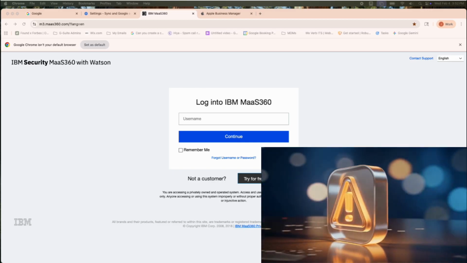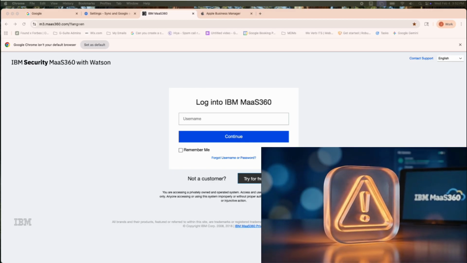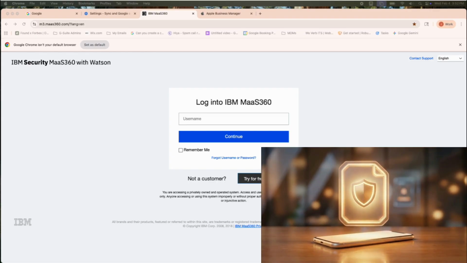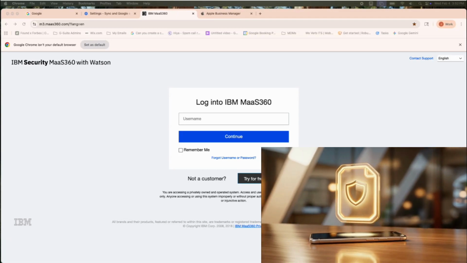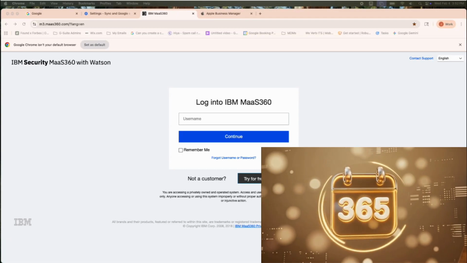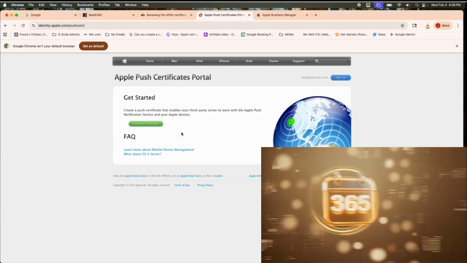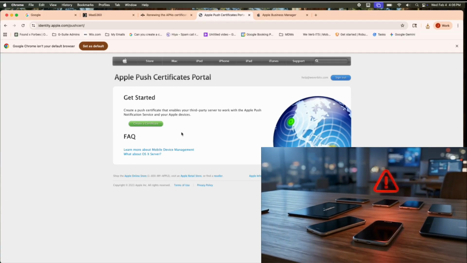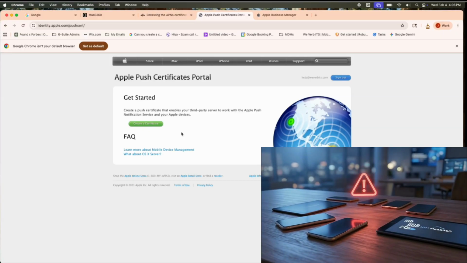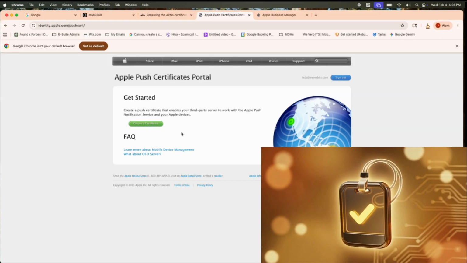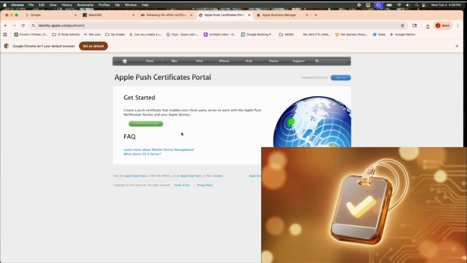Most providers will guide you through the initial setup, but there is one common mistake to avoid. Many will ask you to use an Apple account to set up the Apple certificate. That is risky because the same Apple account will be needed every year when the certificate must be renewed. If the person who created the certificate leaves the company or no longer has access, you may have to re-enroll all your devices. In this guide, I will show you a better approach that supports growth and avoids tying this